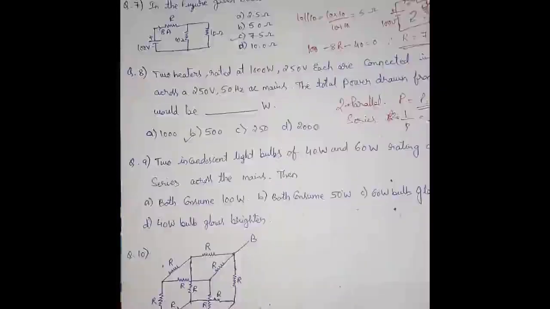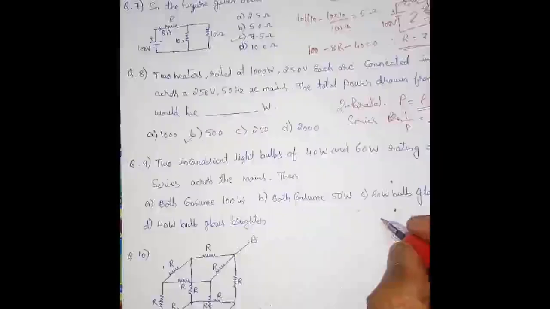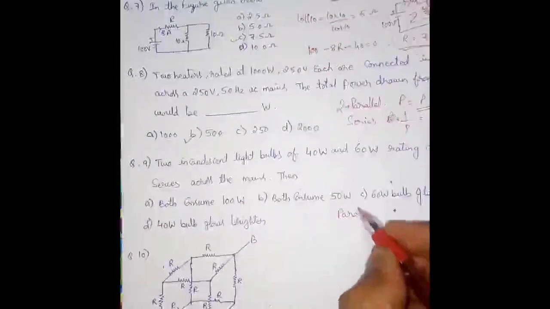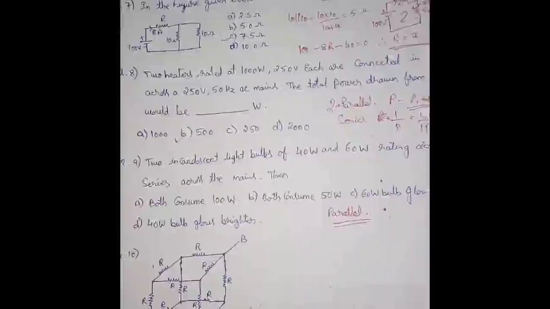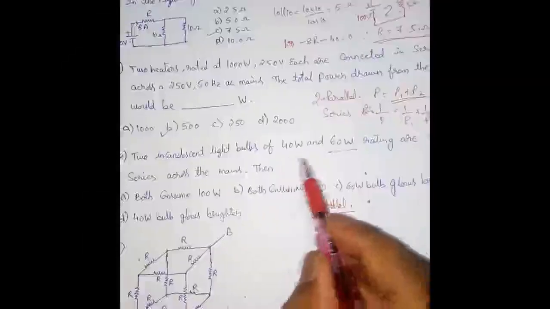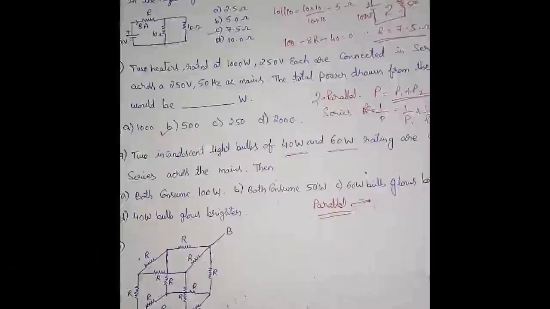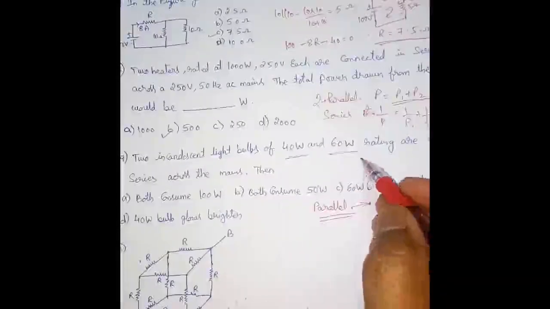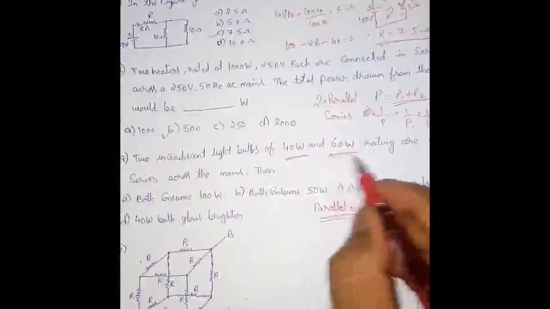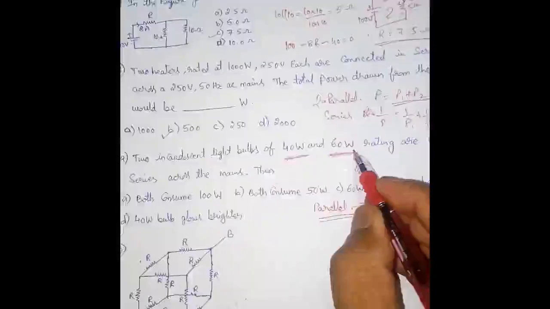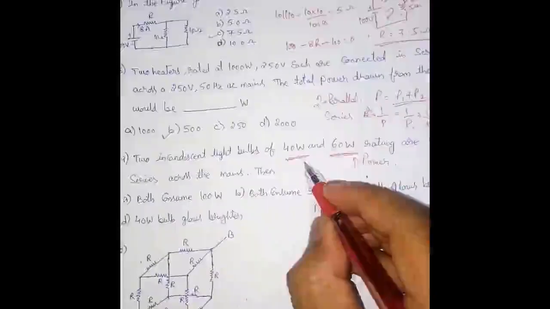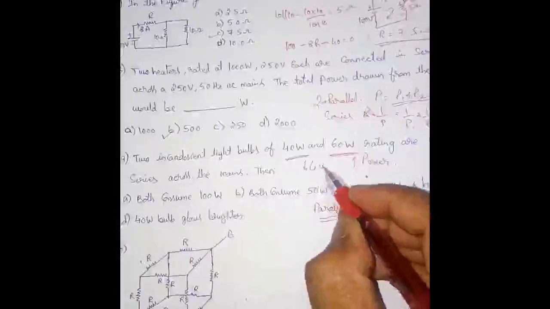I will give a simple explanation here. Generally the connection we have in homes or buildings is a parallel connection, because with a parallel connection, voltage is maintained constant. Whatever the design of the bulb, it has been made keeping this concept in mind, meaning the supply will be given in parallel. So when we go to a shop and ask for a 60 watt bulb, it means it is going to give more output, more power, right? And a 40 watt bulb will definitely give less power compared to the 60 watt.